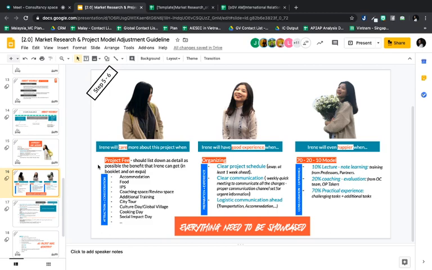The second layer is that Irene will have a good experience when the organizing part is handled well. First of all, you need to have a clear schedule and send it to the EP as soon as possible, at least 1 week ahead. Normally our EP wants to prepare everything ahead, right? So iGV should send the project schedule 1 week before every activity. For example, in the first week, they should already send the schedule of the second week, then the EP will not feel reactive. The second point is clear communication, which is a weekly quick meeting to communicate all the changes.